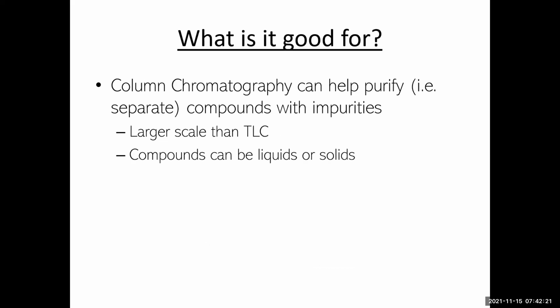Okay, what about column chromatography? What is it useful for? Well, column chromatography is useful for the separation or purification of compounds on a larger scale. TLC just kind of gives you a mirror into what's in the mixture, but doesn't really help you purify grams of material. But column chromatography can be used up to many, many grams of material. We can actually help purify it from other components.